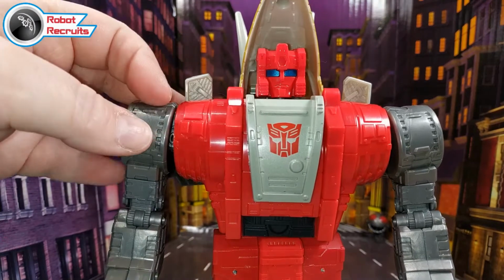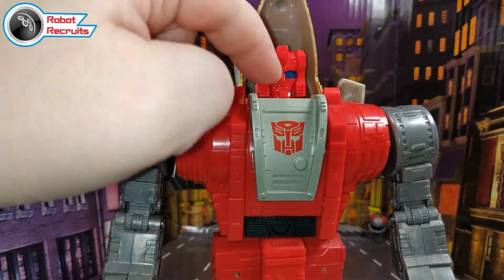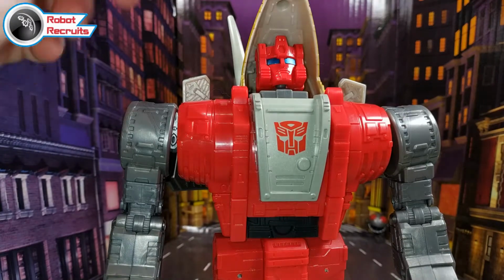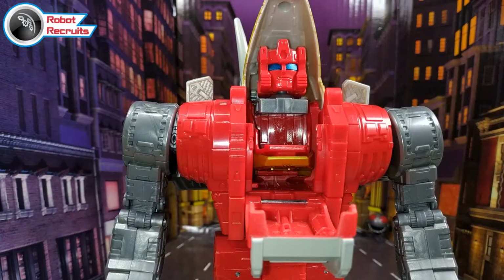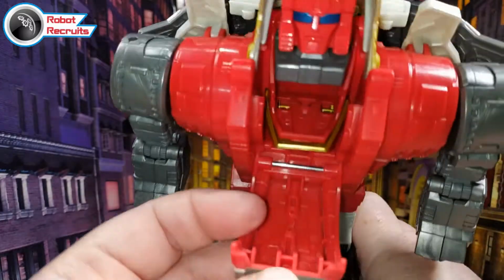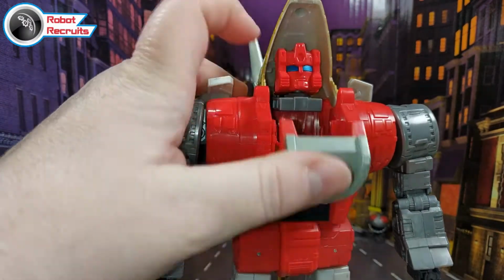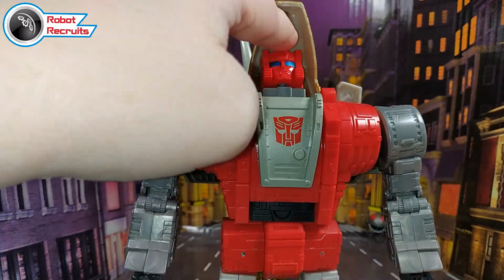The main issue I have with him in his robot mode is this floating head. If you try and pose the head, you just push it back down. This piece that it sits on doesn't tab in anywhere. Which is weird, because you have to bring this front piece down for transformation anyway, and there's a tab hole there. So I don't understand why there's no tab on the front of this. That bothers me, because it doesn't hold otherwise. Every time you try and move the head, it just...